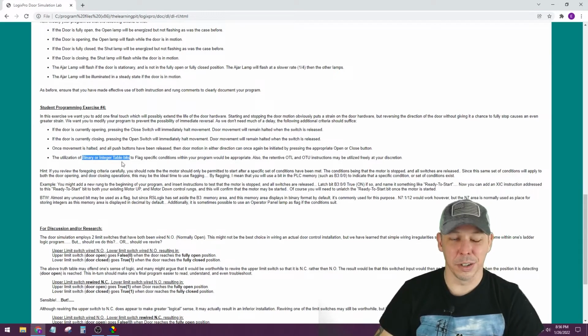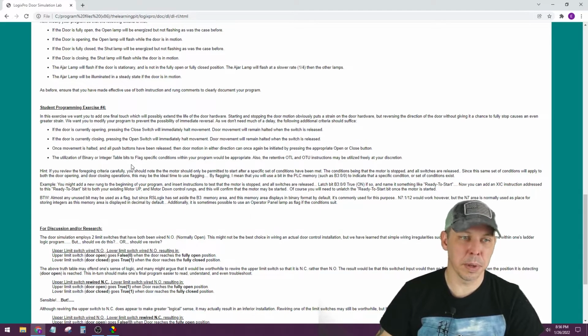It also says integer table bits, but a bit is a binary digit. It's either a 0 or a 1. An integer is not a bit. So that's kind of a weird way to phrase it, to flag specific conditions. So you're going to use a binary. I'm going to show you a couple of examples of how you would use these binary bits because there was some confusion there. And what they actually are, they're just a location in memory